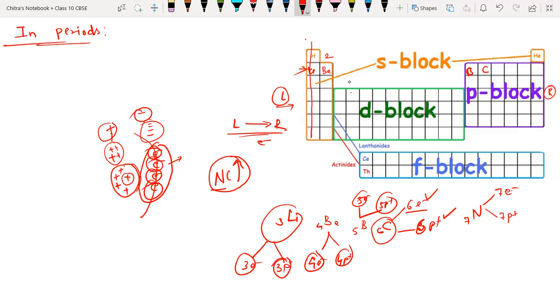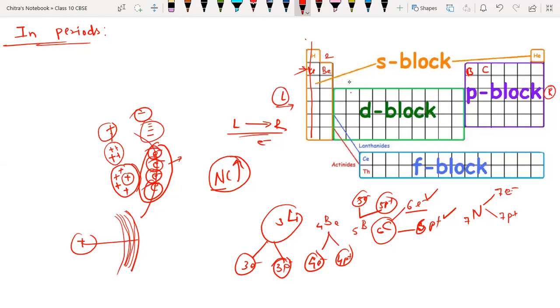So due to the increase in intensity, and we know that positive and negative charges attract each other, if the intensity of positive and negative charge increases, that means the force of attraction between the outermost shell and the nucleus also increases. Yes, sir. That means all the time the outermost shell is pulled slightly toward the nucleus, by a very small amount. So atomic radius will decrease all the time; atomic size will decrease along the period.